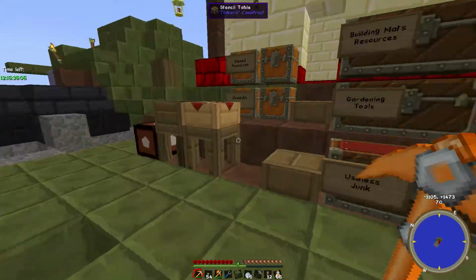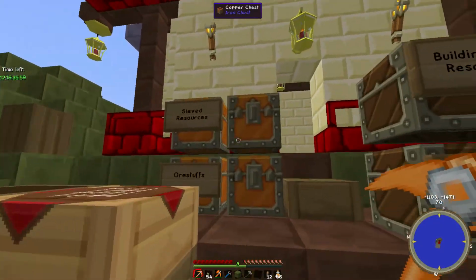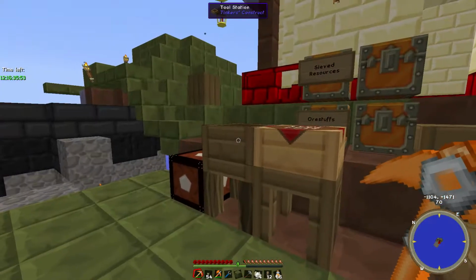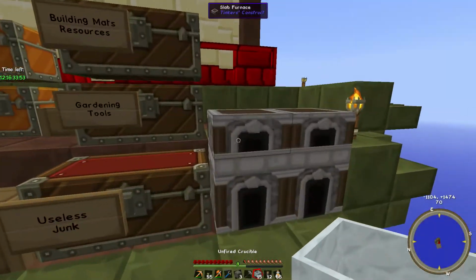Alrighty, so I need 105 clay balls, which is a stack plus 41. Get rid of 5 of these, 64 and 41, and the same amount of bone meal. Got a bunch of bone meal from all the sieving I've been doing. So I combine these, and now I have a bunch of crucibles I can just